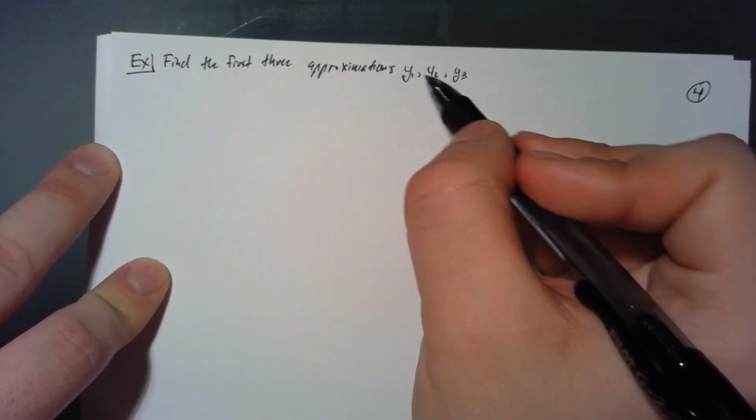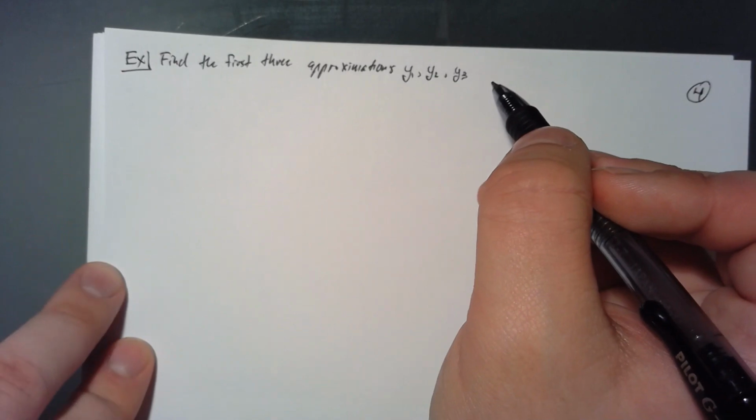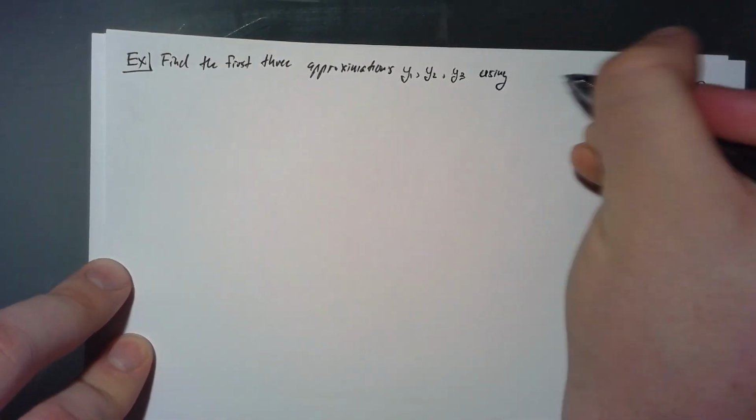So we're doing this a set of 3 times. Find the first 3 approximations using Euler's method